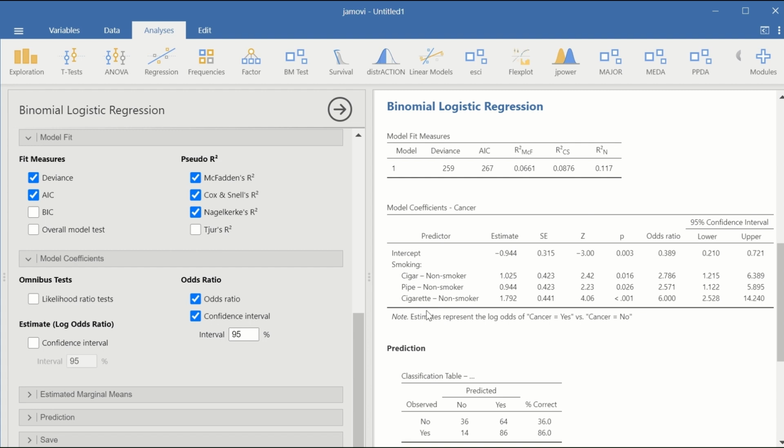For the cigarette category, those who smoke cigarette have the highest likelihood of developing cancer compared to non-smoker, as the odds is 6. So there is an increased chance or increased likelihood of developing cancer with smoking any type of tobacco here. Those who smoke cigarette have the highest chances of developing cancer. So this is the way to perform binary logistic regression with an outcome that is binary and a predictor that